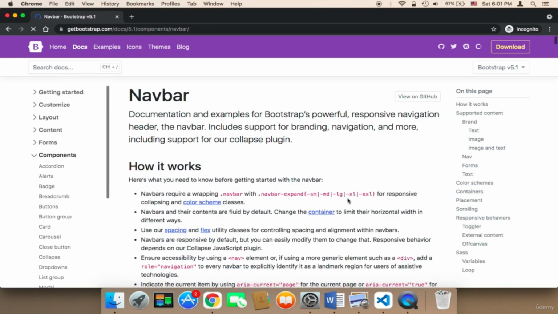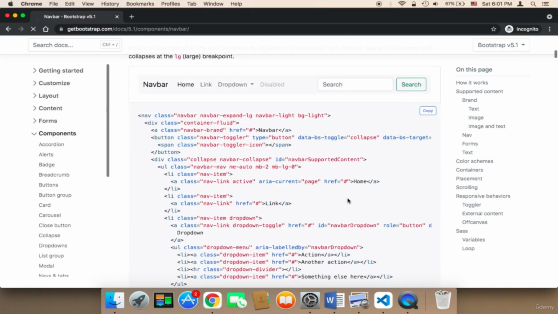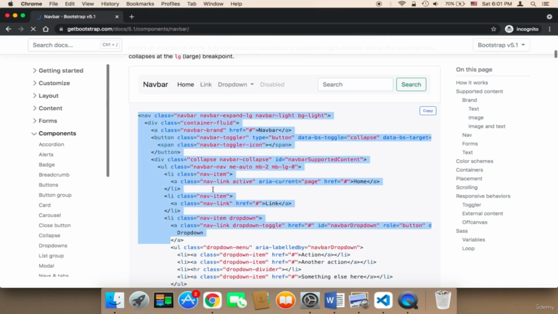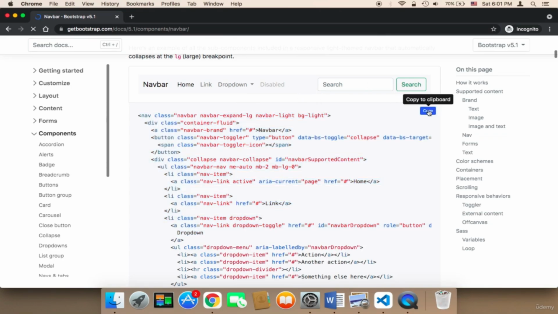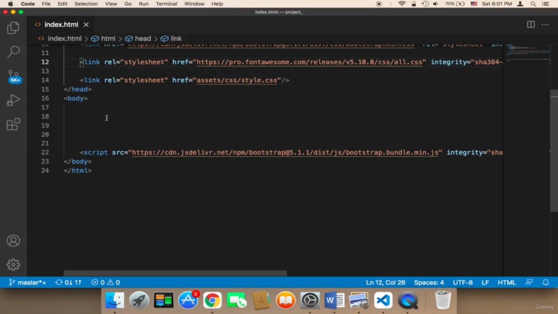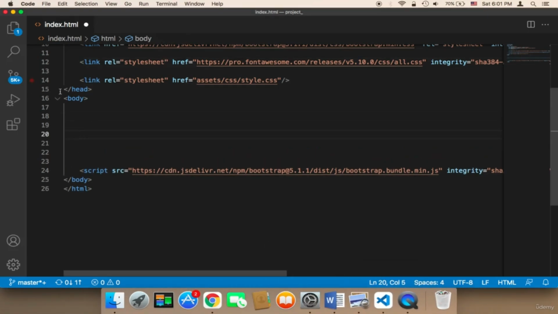And there are so many nav bars here. The nav bar that I'm going to be using is this one. However, I'm going to edit this a lot. But the good news is that this is going to save us some time, because you don't have to create this code. You have this code and you can edit it and modify this navigation bar to suit your design. So I'm going to click here on copy, and then I'm going to paste this navigation bar